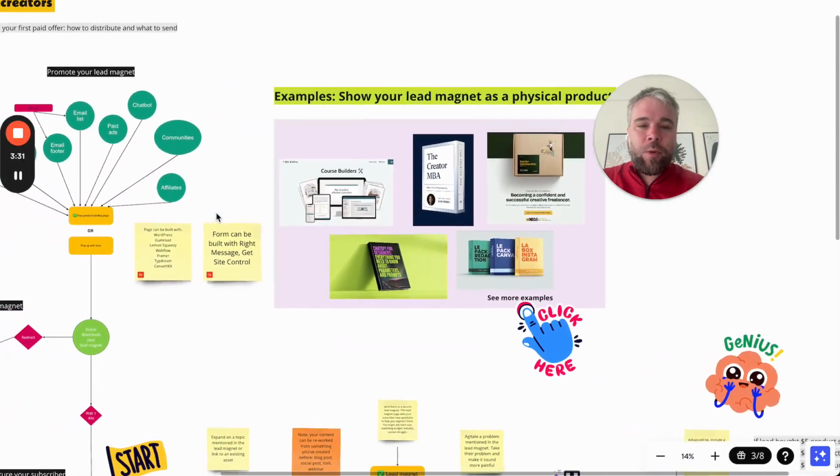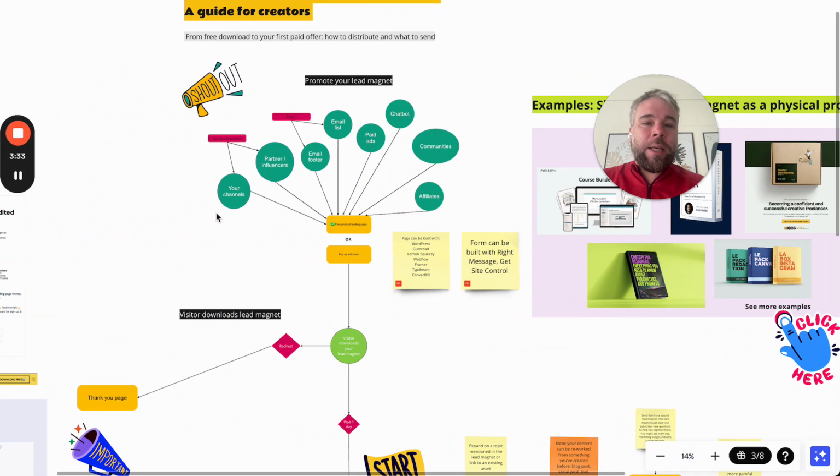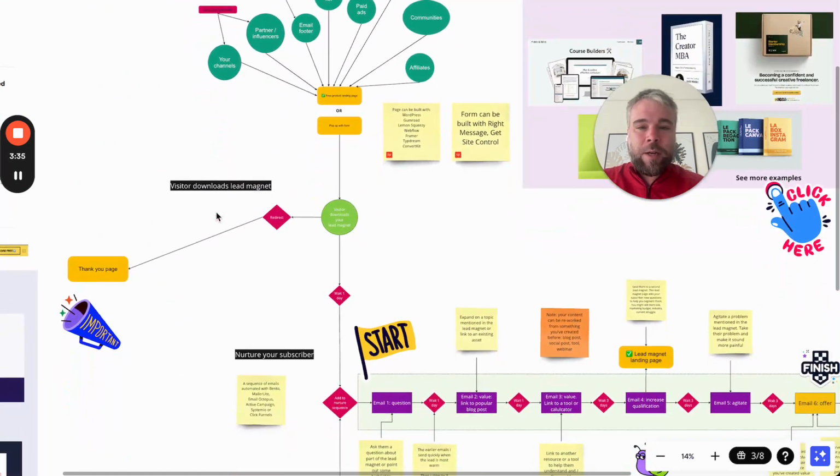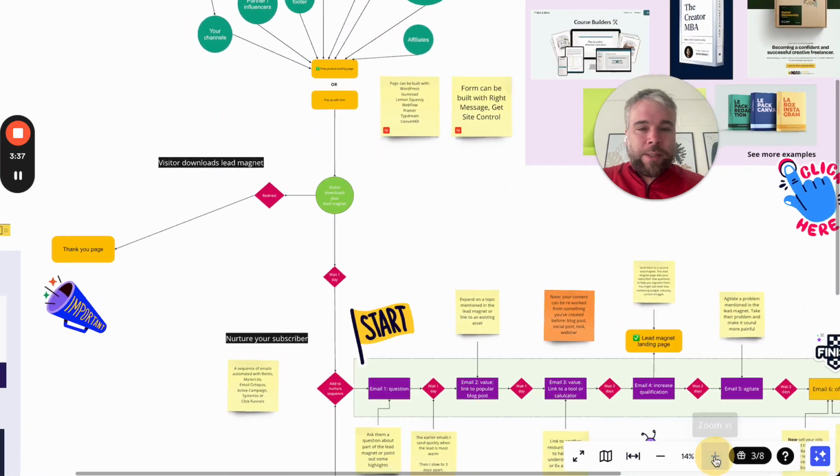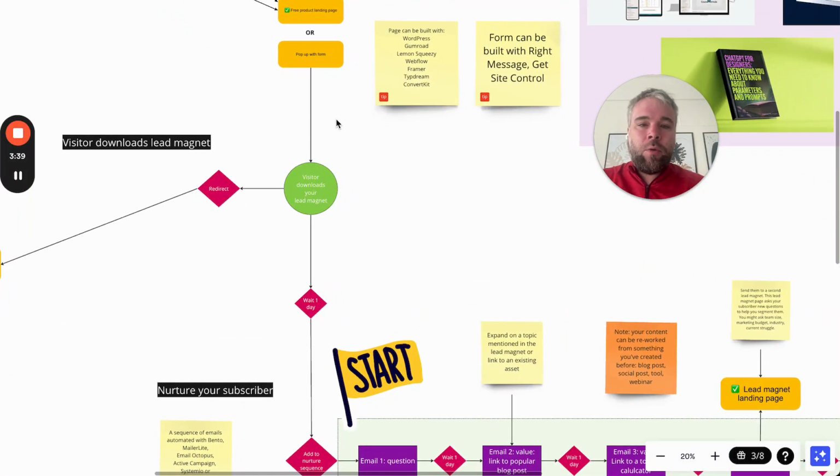Another thing you want to consider is the thank you page. Let me scroll down and show you. The visitor has now gone to your lead magnet page and they've downloaded the lead magnet. At this point, they're a lead. I always consider them a lead more than a subscriber because I like to think of them as people who will potentially become customers. To me, subscribers, that language, which I do sometimes use, feels more closely aligned with a